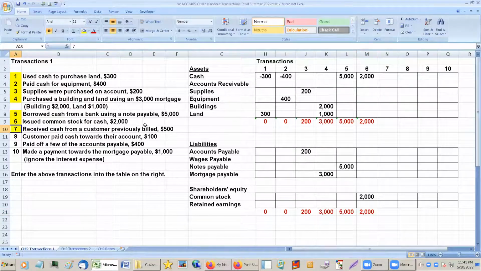Number 7 is a little bit of a tricky one. Received cash from a customer previously billed. Okay, a customer previously billed would be an accounts receivable. So this customer must have owed us $500. So we got this customer's accounts receivable on the books for $500, and now they're paying it. So they no longer owe us the $500. So we have to take the accounts receivable off the books